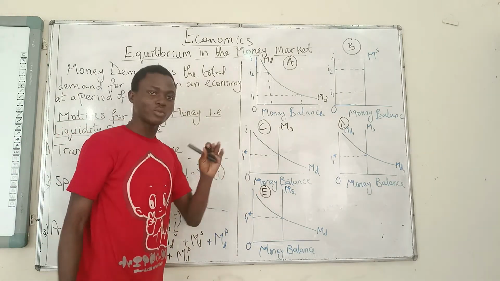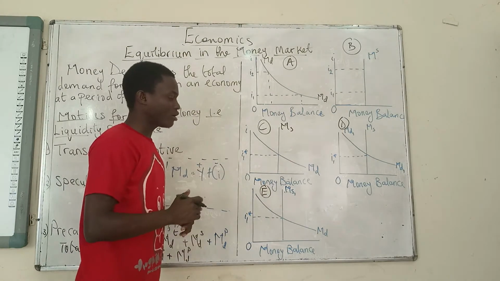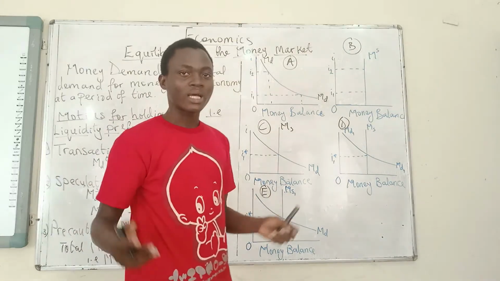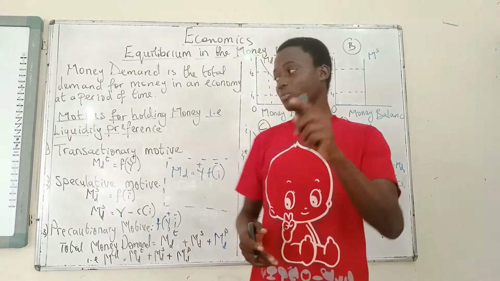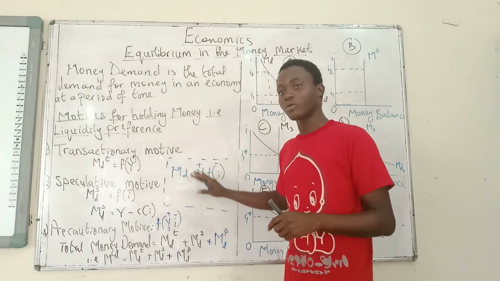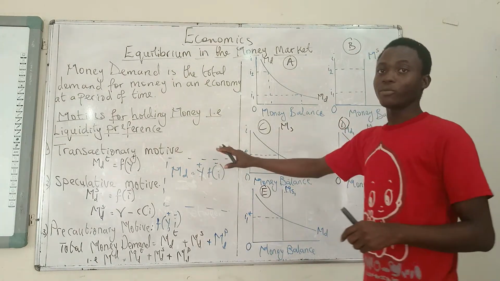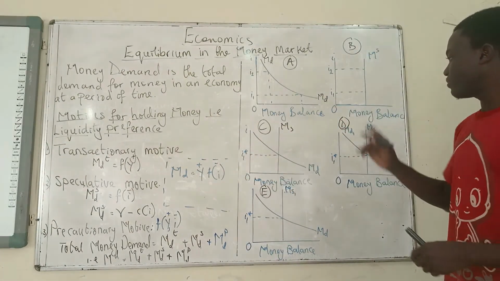So what then do we want to talk about? The first thing I want to talk about is, what if there is an increase in national income? What if there is an increase in income? What's going to happen to money demand? And that is why I left this part of the board here from the previous class. So, what if there is an increase in